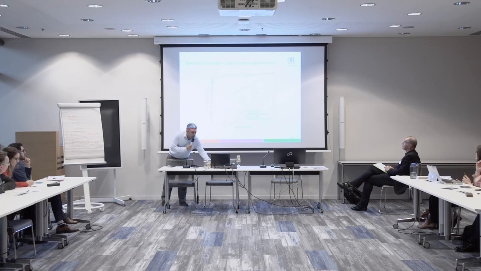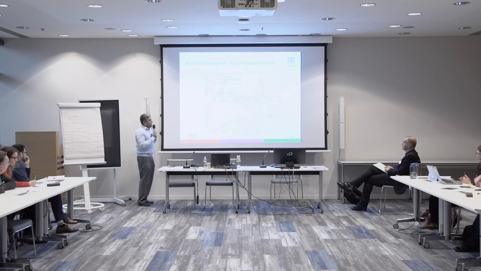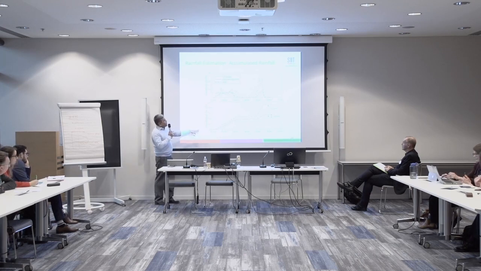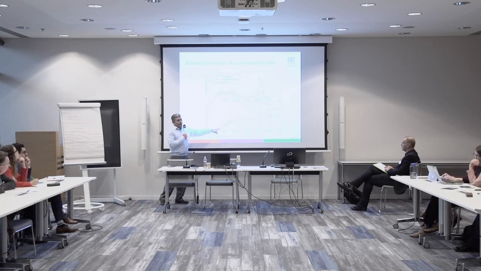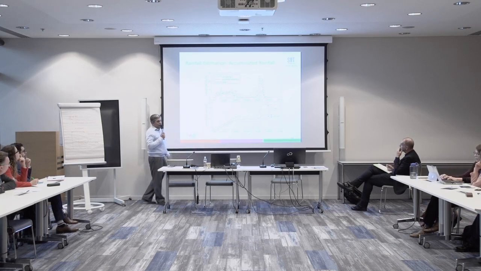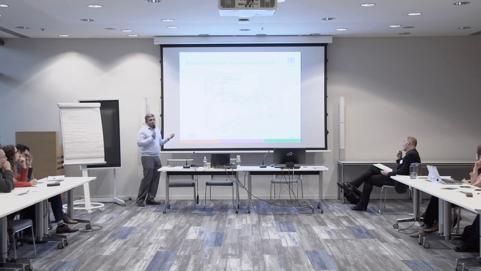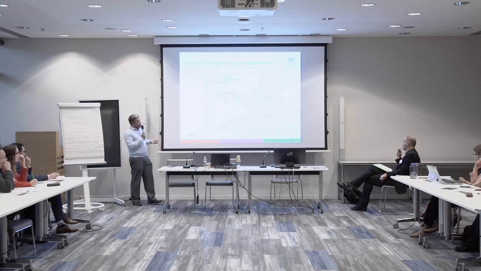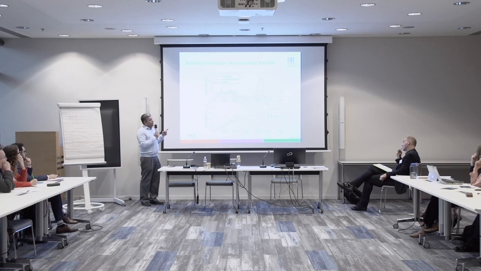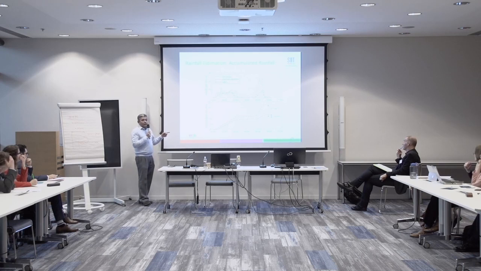I would skip this, it's a bit more detail, but I would just try to show you one curve to show that the proof of the pudding is in the eating. So here is the accumulated rain: from the weather radar is the black one, the blue is the rain gauge, and red is what we have estimated from our algorithm. You see the discrepancy. The rain gauge is collocated with the terminal, and in the absence of anything else, we assume that the rain gauge gives us the perfect estimate. So we are close to the rain gauge, and we are following it, unlike the weather radar, which is a bit off,